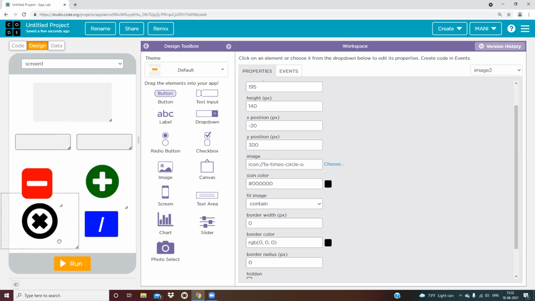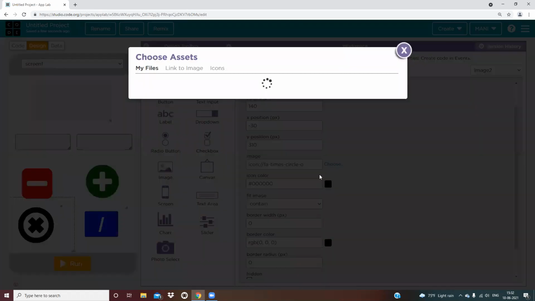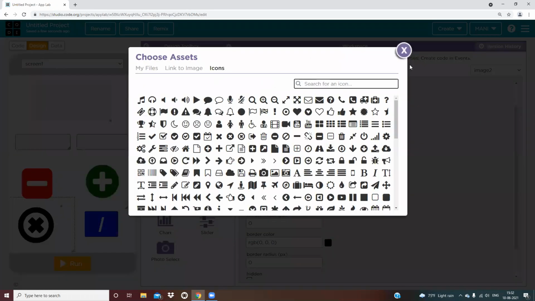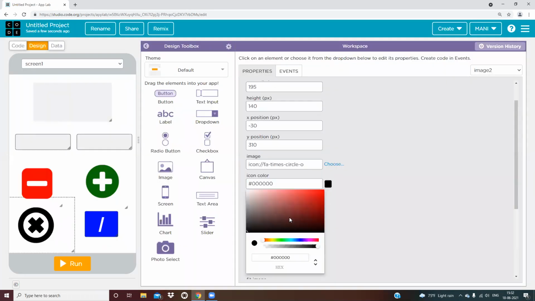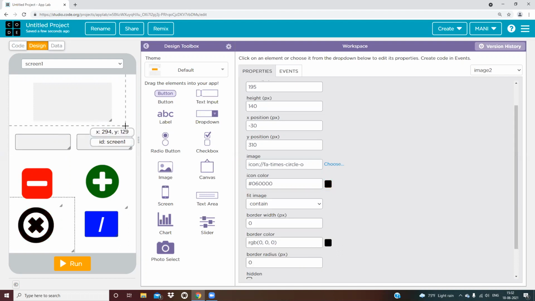I'm increasing it more. Okay, so this I have done, and I will do its icon color. I will make it yellow. No, black is okay for it.